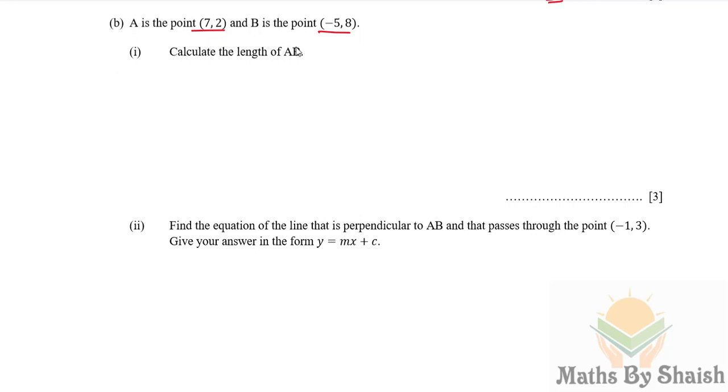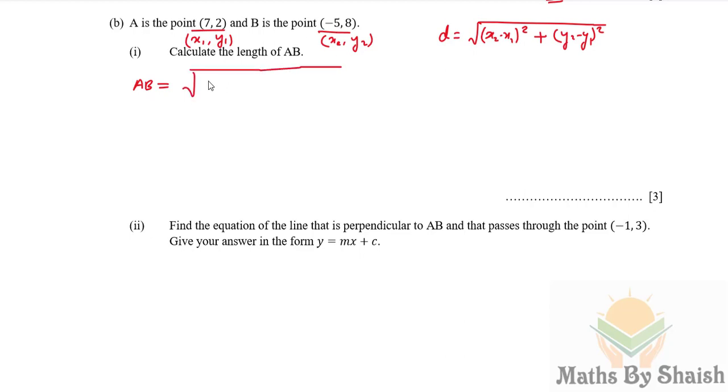So we need to find the length of the line segment AB, and for that we have a formula. If we take one point as x1, y1 and another point as x2, y2, then the length, I'll write with D, is given by the difference of the x coordinates squared, that is x2 minus x1 squared, plus the difference of the y coordinates squared, that is y2 minus y1 squared. Hence this length, I'll write with AB, is going to be the square root of